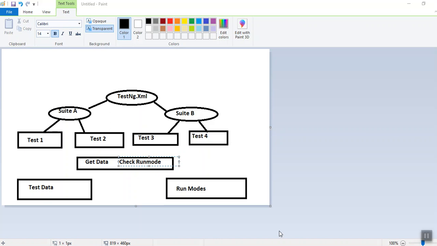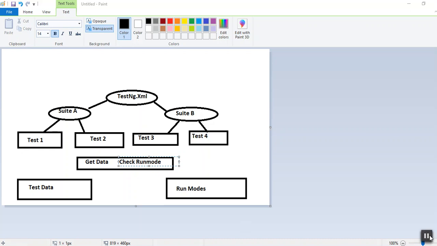Now suppose we have four rows of data, which means the test case will execute four times. That data will be supplied to our test case through this util function, which will get the data. First it will check the run mode, yes, then it will take the data and see how many rows there are. Those rows will be supplied to our test case, and if we have four rows, then we will have an iteration four times, which means different data will be supplied in every iteration.